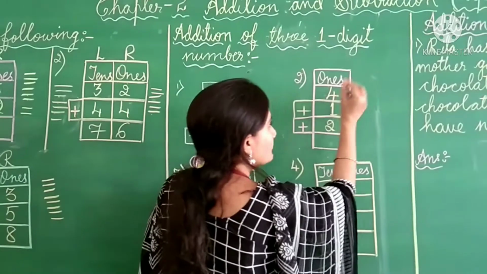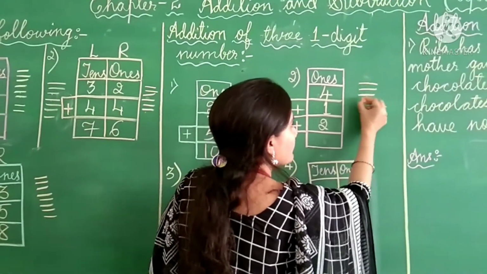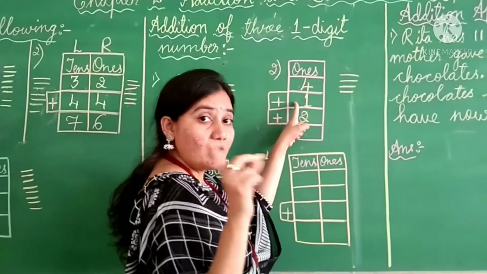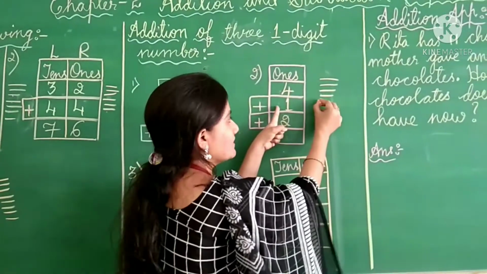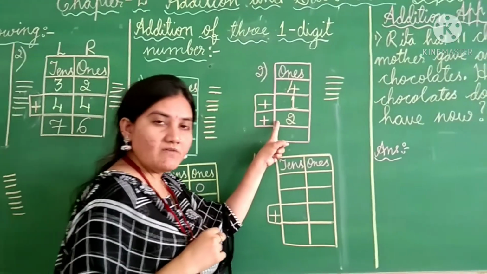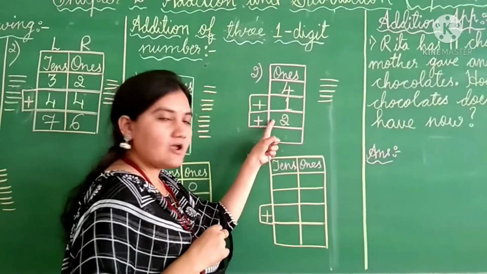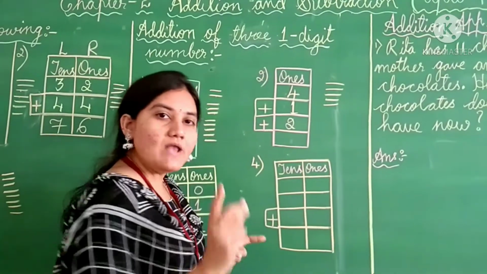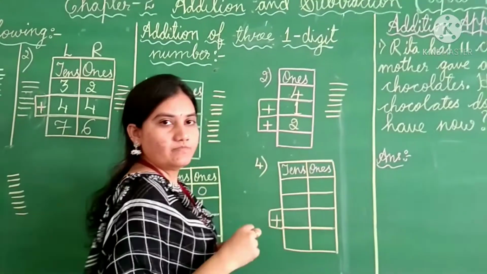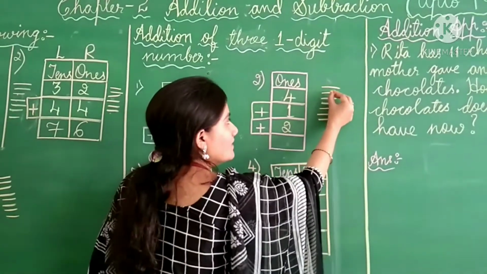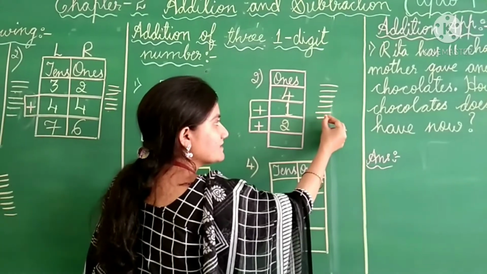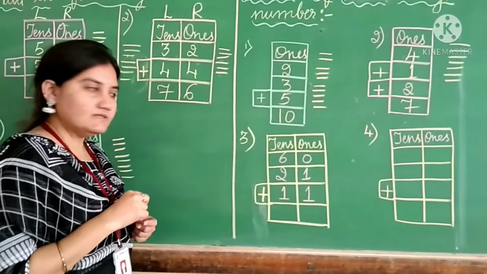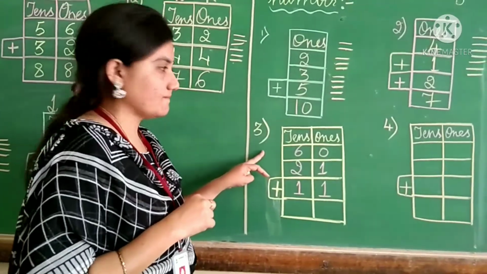First I will draw the 4 lines. 1, 2, 3, 4. Then next, how many lines should I draw here? 1. 1 number is there, so only 1 line, isn't it? Then next, how many lines do I have to draw here? 2, because the number is 2. So only 2 lines. 1, 2. Let us count now. 1, 2, 3, 4, 5, 6, 7. The answer we got, children, is 7. Isn't it?